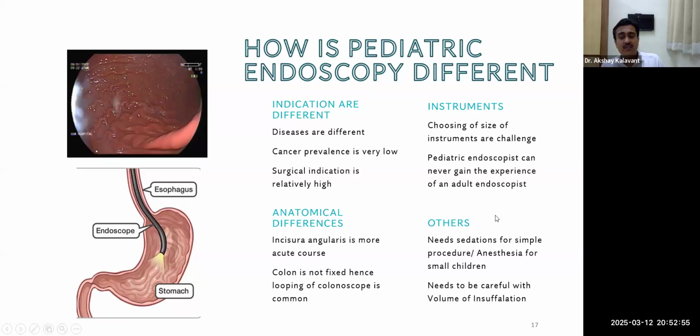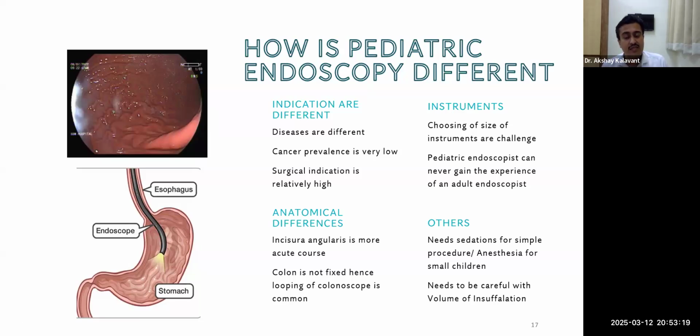Another thing that concerns us is the need for sedation. Most gastroenterologists do it under sedation, but as a surgeon, most of the time we have to perform therapeutic endoscopies. Even though it's diagnostic, at least I would prefer to do it under good anesthesia care because the child will be very safe. That's because